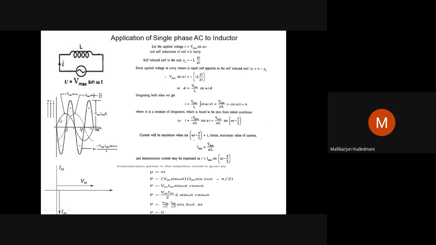Likewise, the product of V into I, I have to do from 0 to pi by 2. It will represent a sinusoid profile like this. Then from pi by 2 to pi, both quantities, voltage and current, are in the positive plane, so the product leads to the positive plane only. This will be a step up in the upper half. Then in pi to 3 pi by 2, voltage is going negative even though current is positive, so the product leads to a negative half here.